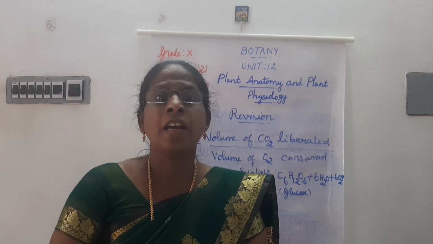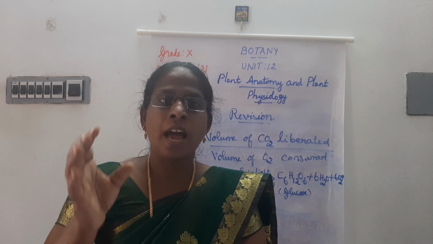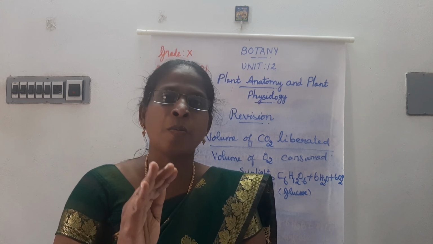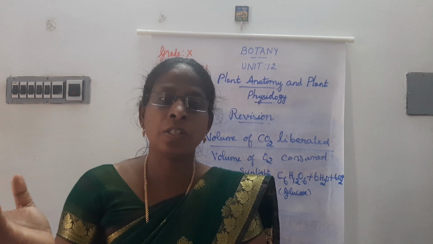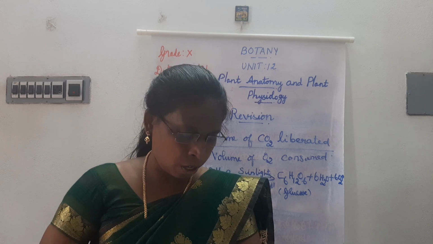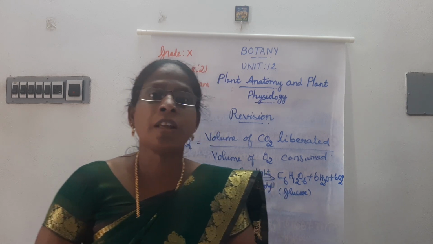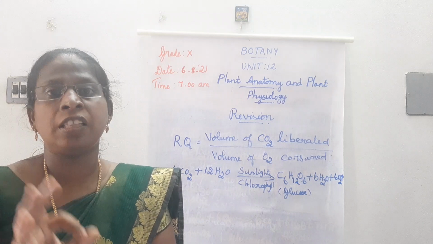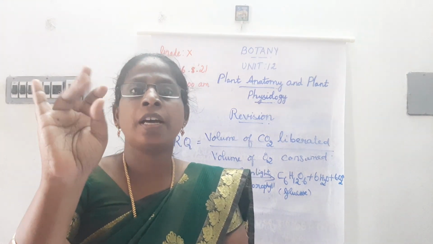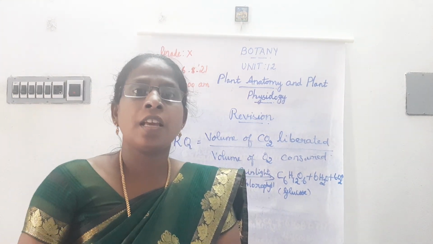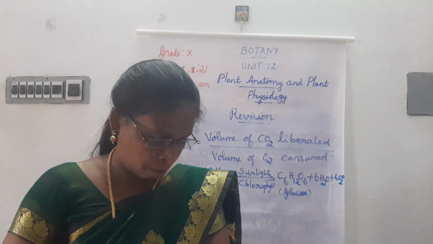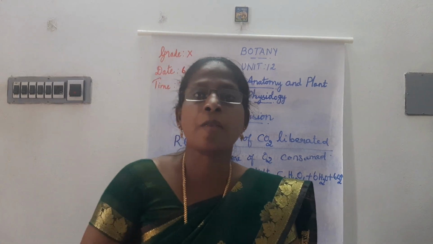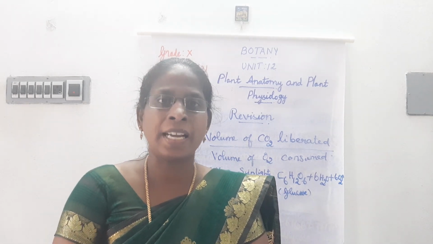In aerobic respiration, a lot of energy is produced. In anaerobic respiration, a very small quantity of energy is produced. Aerobic respiration is a complex process with three stages: glycolysis, Krebs cycle, and electron transport chain. Anaerobic respiration is a simple process; only glycolysis takes place. An example for aerobic respiration is higher plants. Examples for anaerobic respiration are yeast and bacteria.